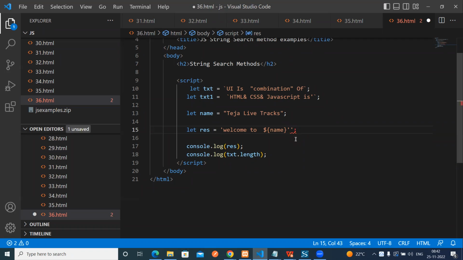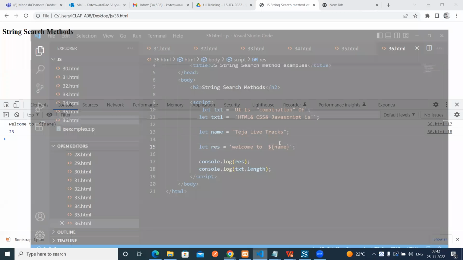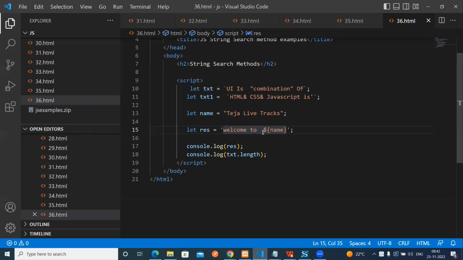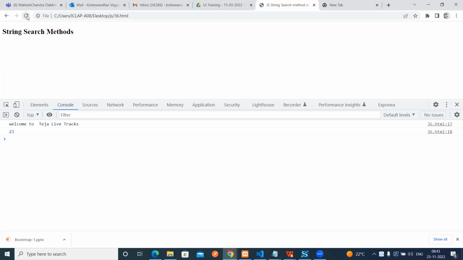Here we have a single quote, so it prints the same thing, but I want to print the name, so you have to use backticks. These things are called string interpolation. It is very helpful when we define